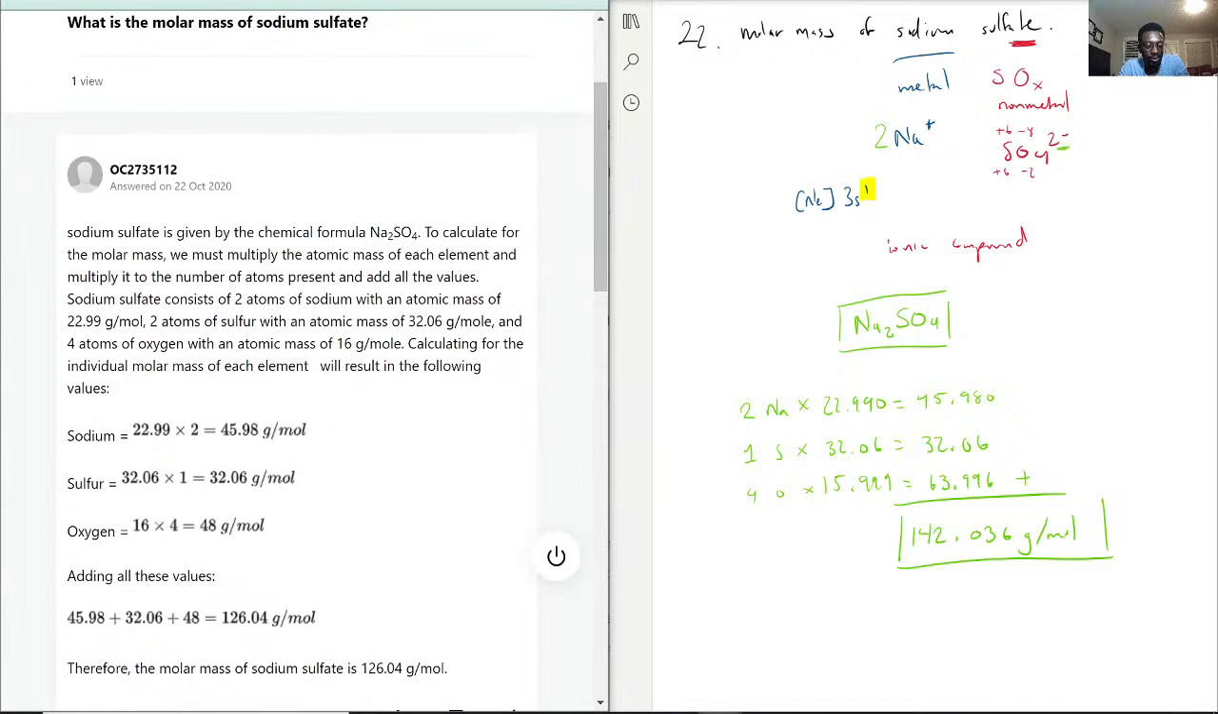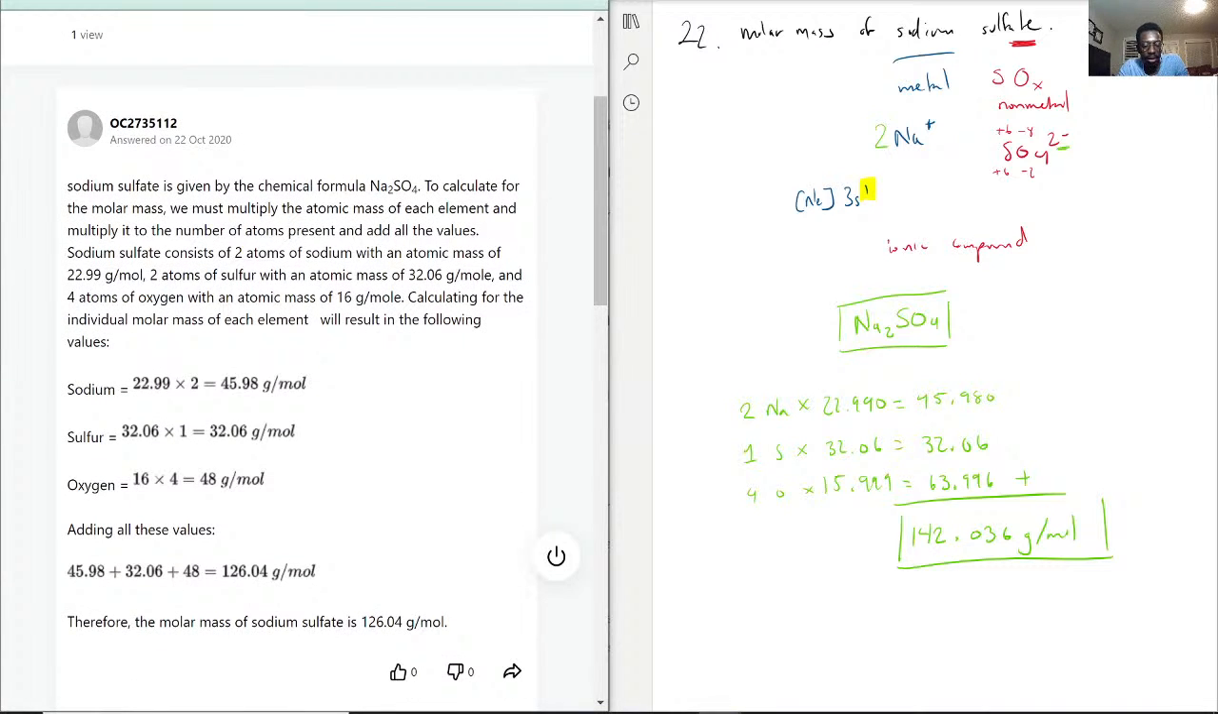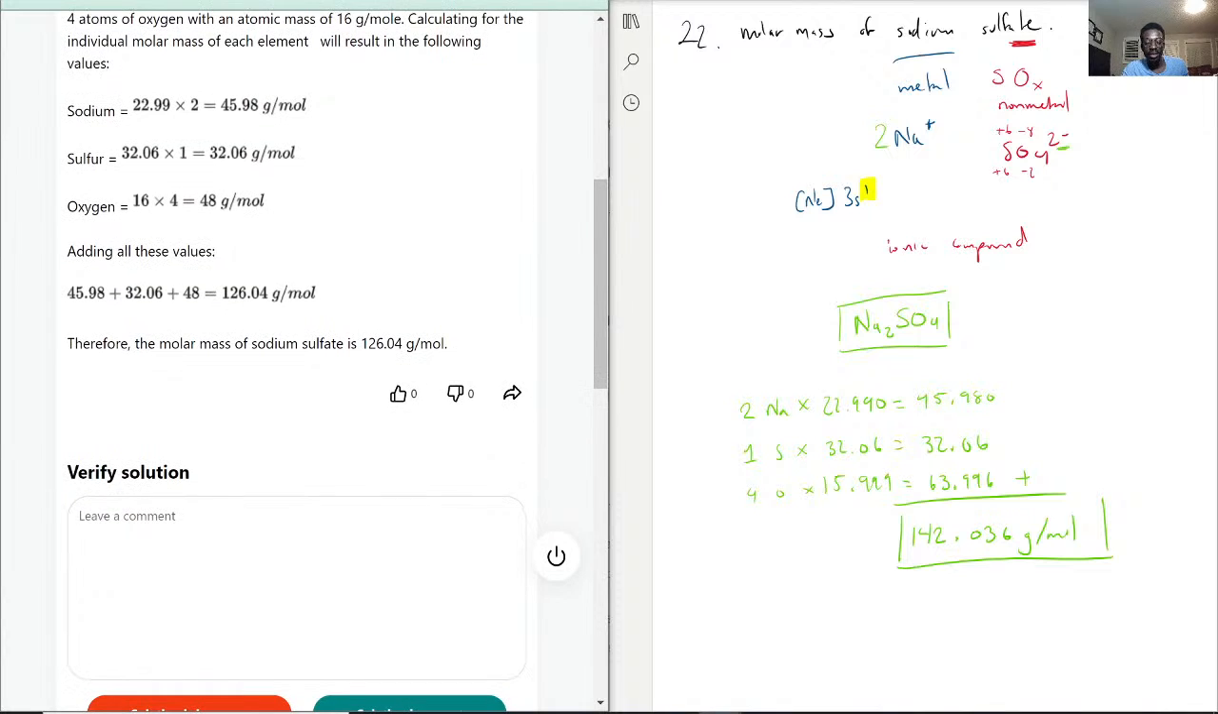So let's see. Oh, that's weird. 45, 32. Did I do times 6? No. 4 times 15.999. Oh, geez. Yeah. I don't know why. It just looks so correct. But 16 times 4 is not 48. 16 times 4 is 64. Okay, so this is incorrect